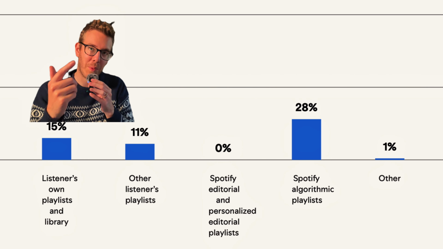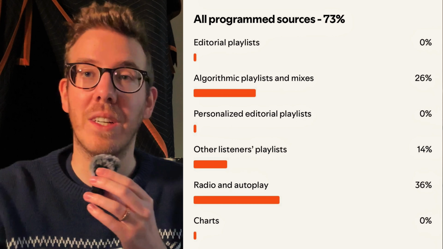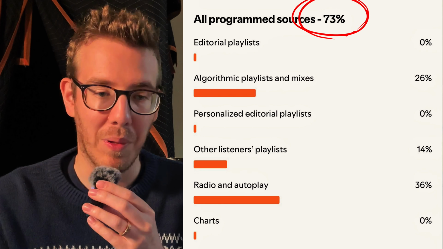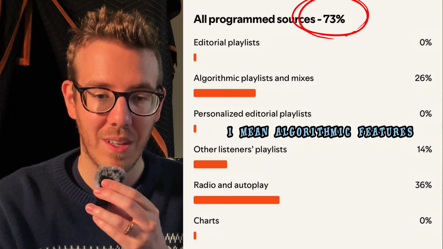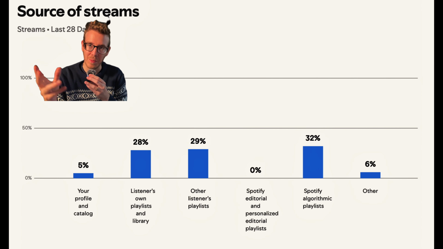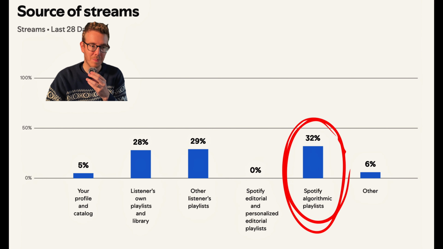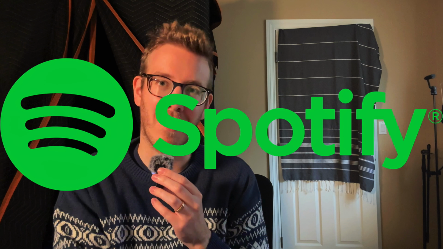You'll also notice that for Spotify algorithmic playlists on Slow Death, we're at 28%, whereas on my Spotify overall for the last 12 months, 73% of my plays have come from different types of editorial Spotify features. In fact, if you look at Hornets, which was the song we compared it to, that song was at 32% Spotify algorithmic playlists, compared to the 28% for Slow Death. So it kind of tells me, and the listeners now make sense, that this song didn't get pushed through the Spotify algorithm as much. I don't know why that was the case.